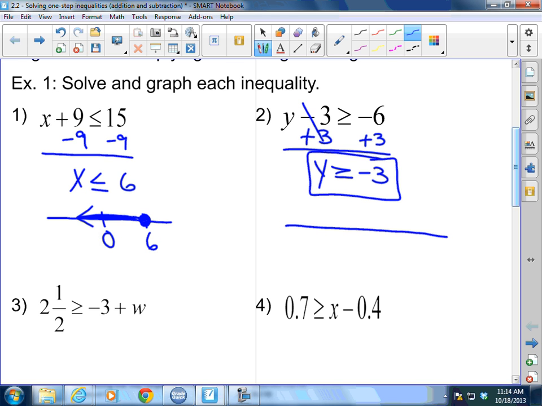Absolutely. Graph that sucker. 0, my reference point is negative 3. Closed circle. Y is greater than or equal to, so you're going to shade to the right. This should be in your brain. You should be making some connections here. You should be saying, wait a second, this is exactly like what Mr. Morrow said. This is exactly like equations. So far, there's no difference, right? Instead of an equal sign, you have an inequality sign. And we already learned how to write and read graphs, so this part should be so far pretty good, right,